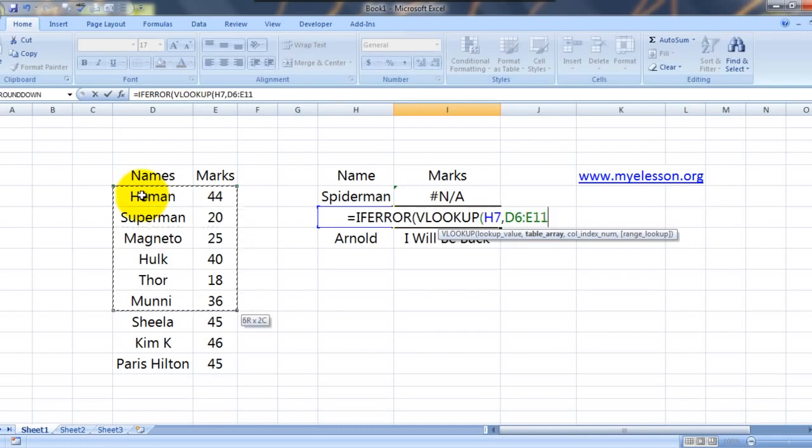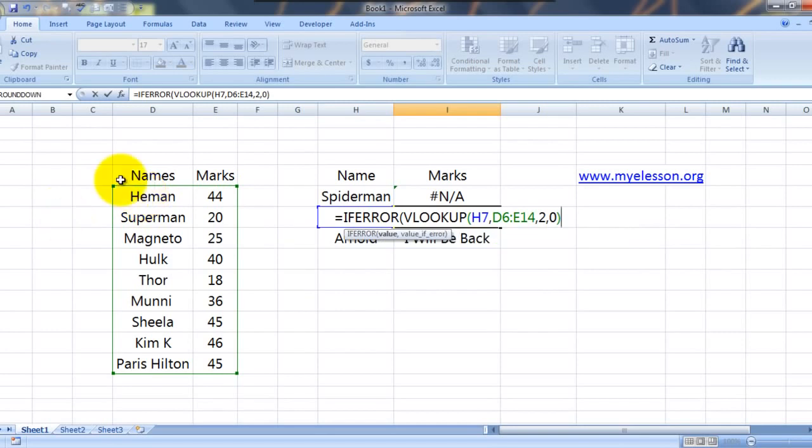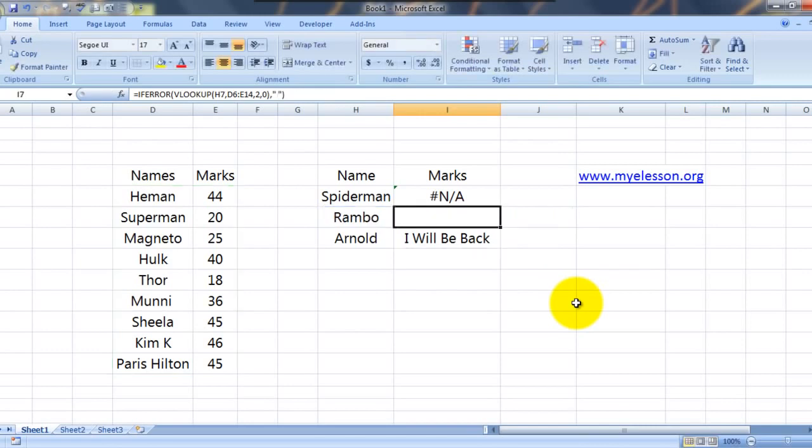This is my table array, comma 2, comma 0, bracket close. Immediately we mention another comma, and what is highlighted? Value if error. So what would be my value if error? Open the quote sign, place a space, close the quote signs, close the bracket, and you'll get a space. Because the value was not found, the formula wanted to return an error message, and I specified the error message to be a space, blank.